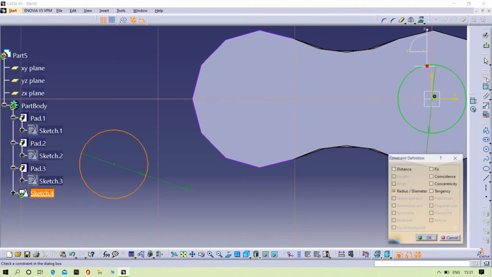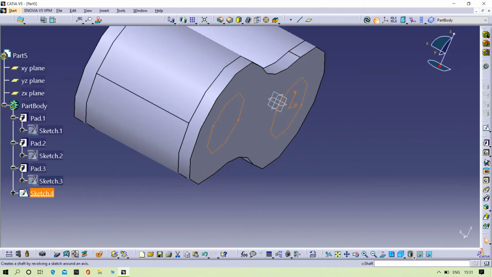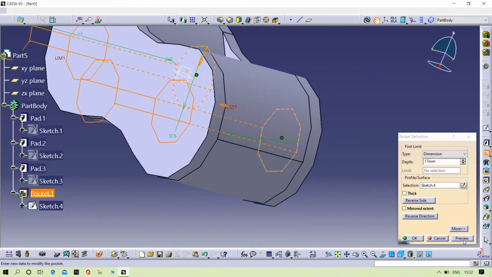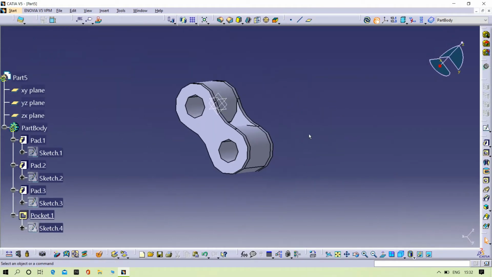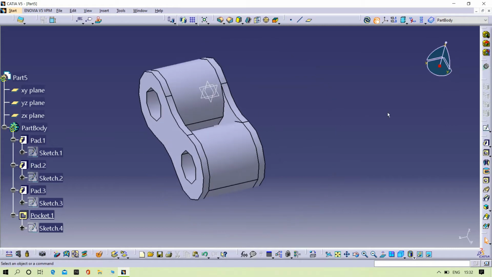Extrude, try to coincident. Then exit. Then pocket up to next. Preview. Then click OK. Yeah, it's perfect. The link 1 is over.